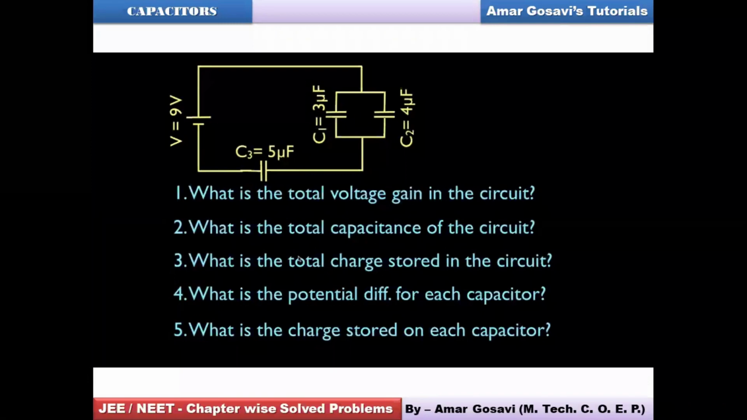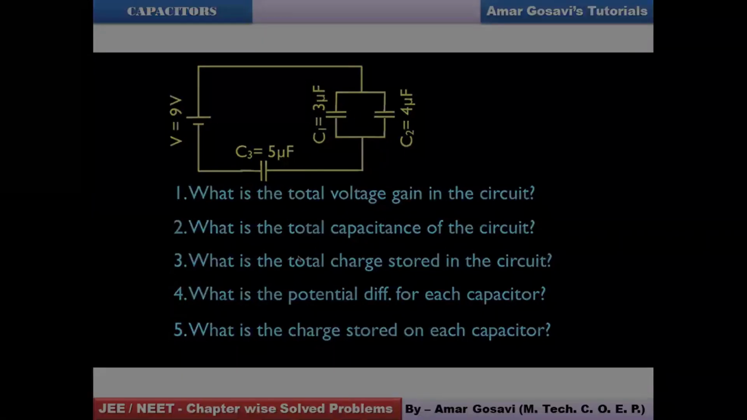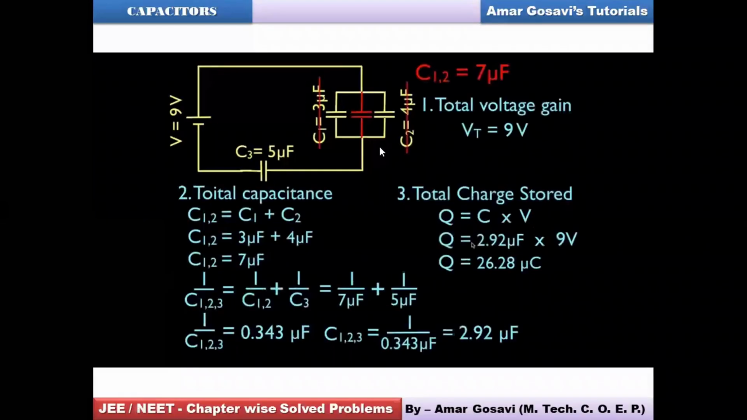Okay, hopefully I've noted this down, friends. So let's move ahead. Here you can see that C1 and C2 are in parallel, so together just add them. So C1,2 will be 7 microfarad. Together this 7 and 5 are in series. Just put 1 upon 7 plus 1 by 5. You get the resultant capacitance as